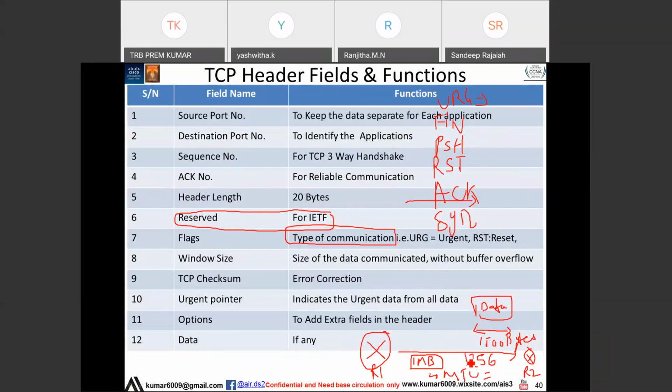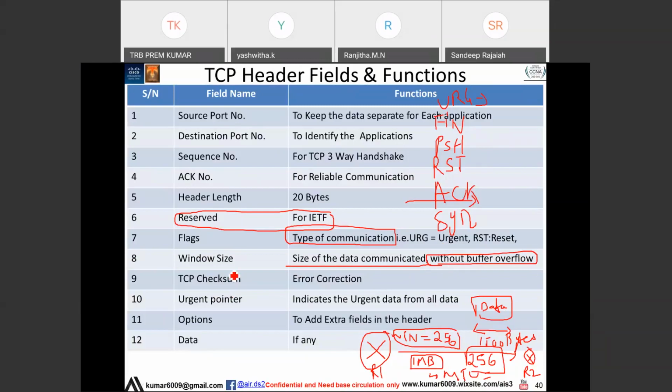So what both routers will decide is, okay, we'll set one window size. I keep the window size as 256. Once I set window size to 256, they both will communicate with 256 MTU. So why are we setting this window size? I don't want to send too much information where the other router will get a buffer overflow and lose the packet. To avoid that type of buffer overflow, we use this window size.